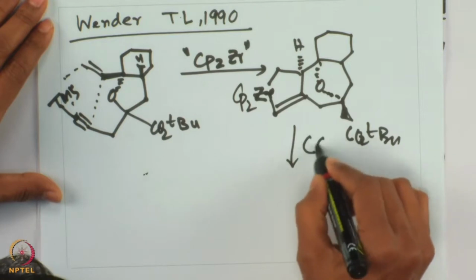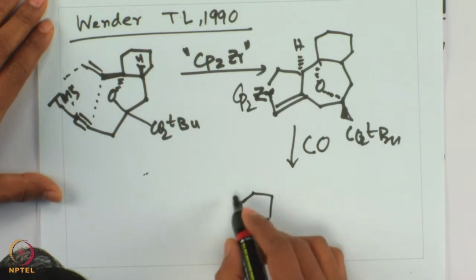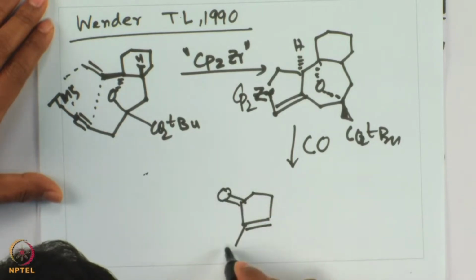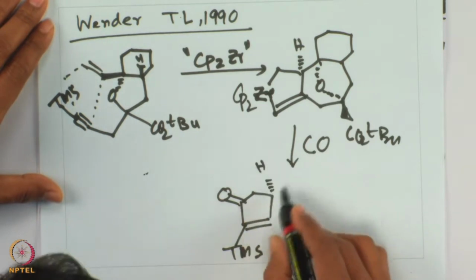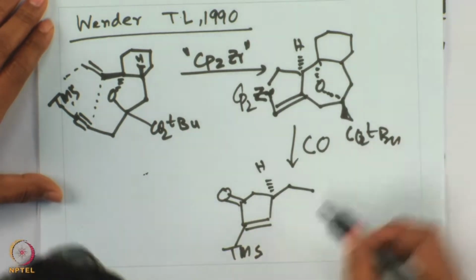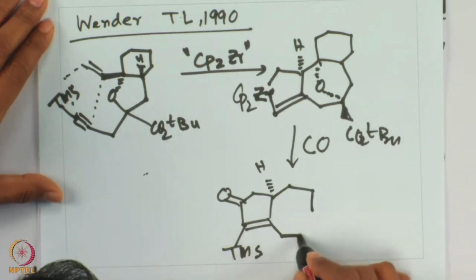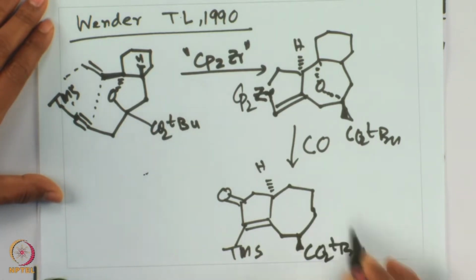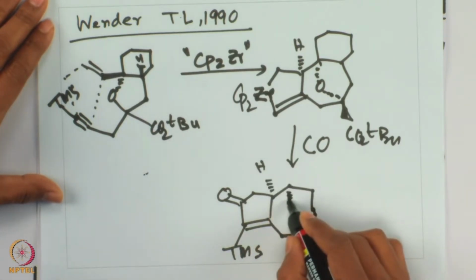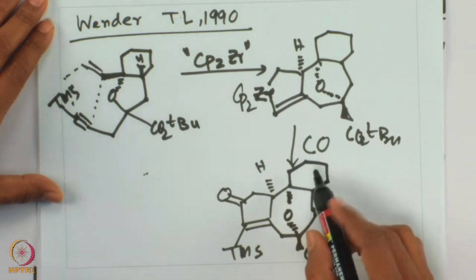From there on, if you react with CO, you should be able to incorporate the CO to form the advanced intermediate that is required for the Daphnane synthesis. So, let me draw this intermediate where you will have both a 6-membered and a 5-membered ring as well as this larger heterocycle, where different substituents at this position are tolerated for this value-added product synthesis, which is then converted to the corresponding